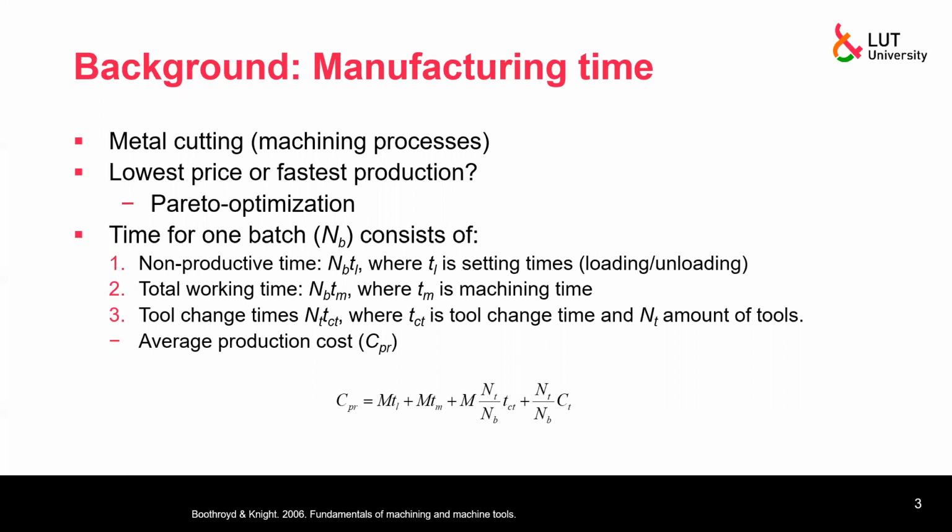So if TL is the setting time, so how long it takes to load and unload parts into the machine, or some other things that we need to handle parts, and then NB is the number of products made in one batch, then machining time or working time, so number of products again, times working time, and then we have tool change time, so how many tool changes is the NT, or how many times we need to service things,